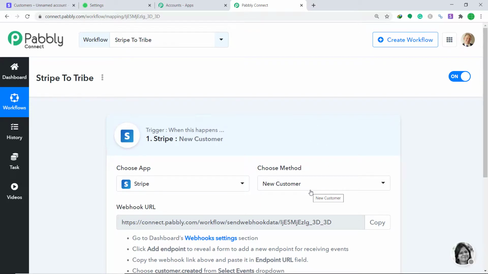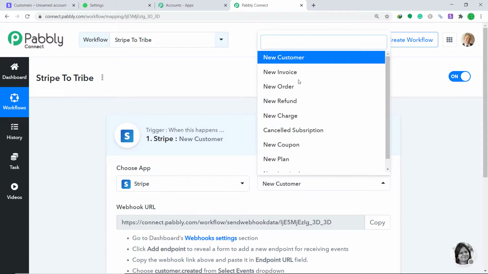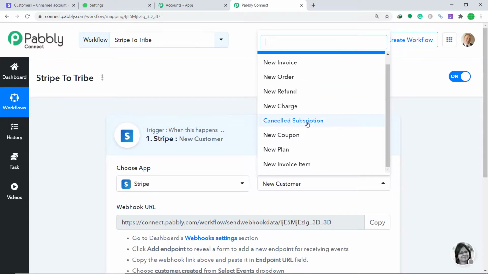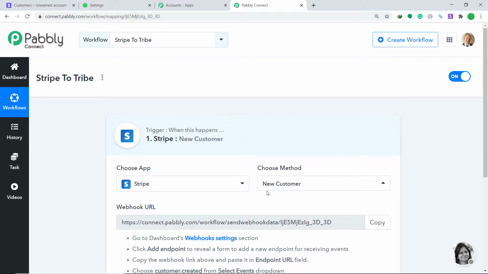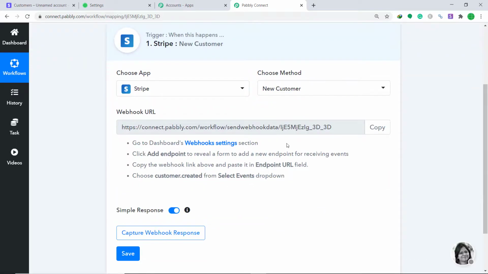So your obvious question is, what is a trigger? Trigger is a if statement. It asks a question, if the condition is met, what should be done? For example, if the new customer is created, then what action should be taken by the system? Actually, there are many more triggers like the new customer, like the new invoice, new order, cancel subscription, new coupon, new plan, and so on. However, in case if you don't find the trigger of your choice, you can make a request to our team at admin@pabbly.com for the specific trigger that you want to make. But at present, I am only interested in creating a new customer. So let's keep it as new customer.